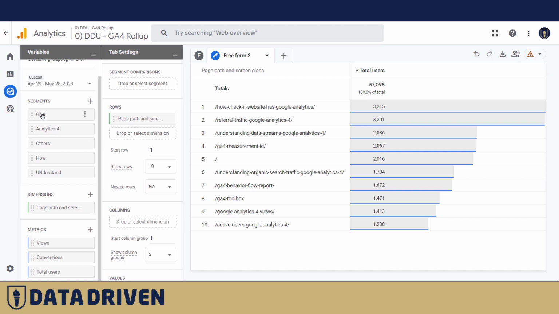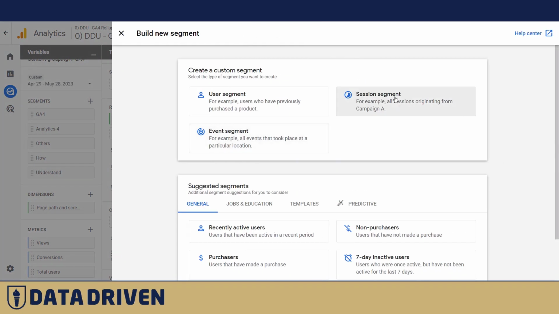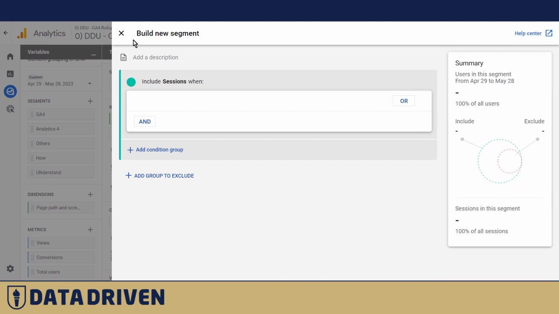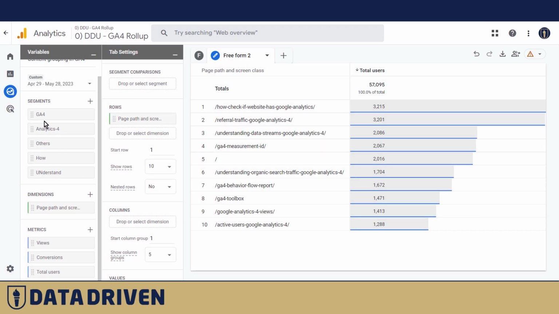It's about asking the right question to Google Analytics, because it actually pushes you to analyze users, because the segments represent users in GA4. Yes, you can create a segment based on sessions, but then if you build an audience, which is a superpower of GA4, and I'm going to show you an account with a developed audience structure in just a second here, the audience would actually consist of users and not the sessions themselves. So the point here is